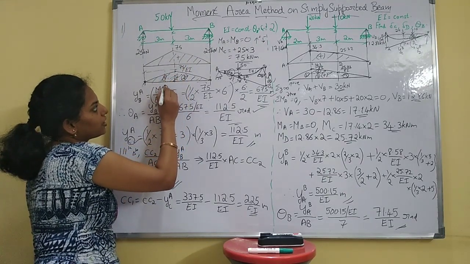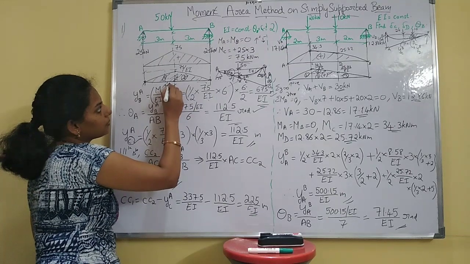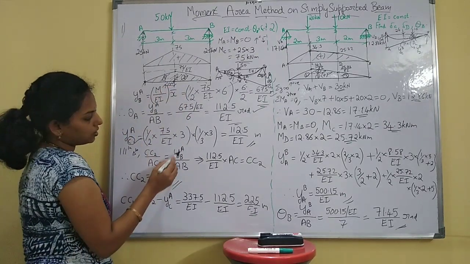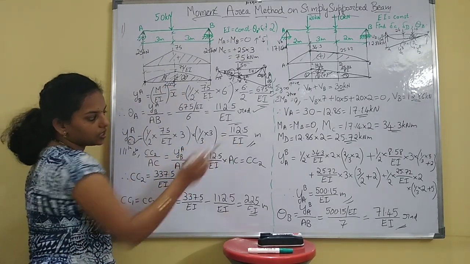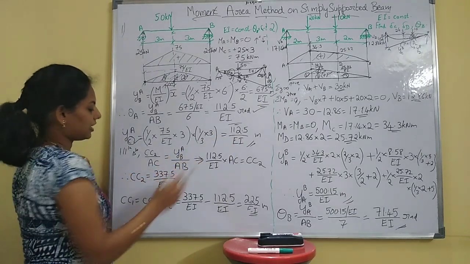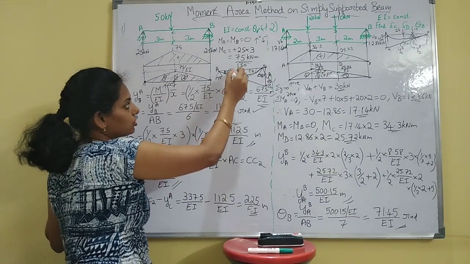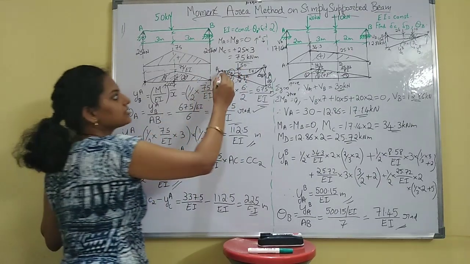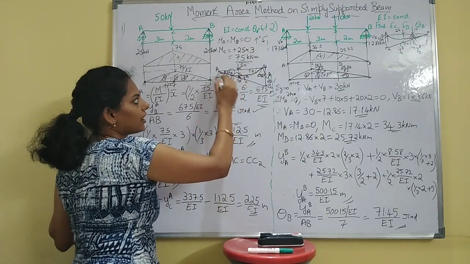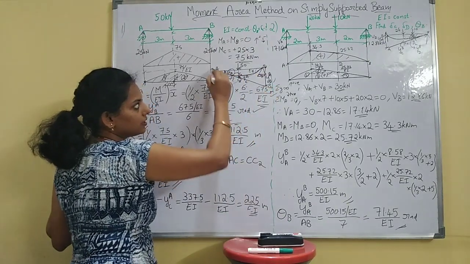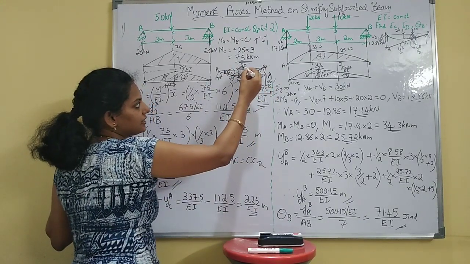So for this the centroidal distance will be this. This is nothing but 1/3 of 3. Just calculate and get the value. Next, to find out this total CC2, we can consider this similar triangle. This is one triangle and this whole one triangle. So you can write that CC2